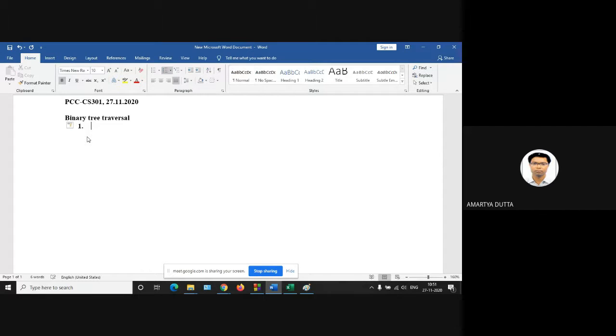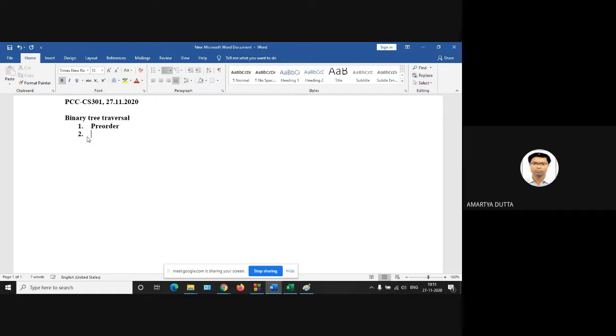Traversal means you have to traverse your given binary tree and you have to write the nodes that are visited in a sequential manner. Okay, you have to write down the nodes that are visited by certain rules: in-order, pre-order, and post-order. There are three traversals that are important in a tree: pre-order,